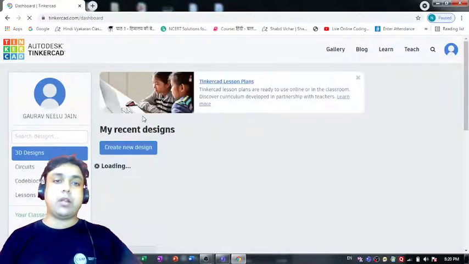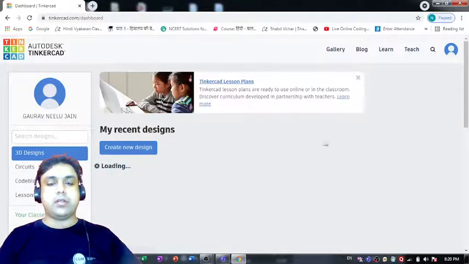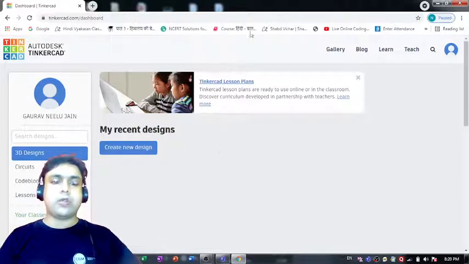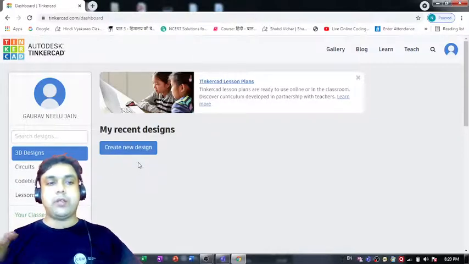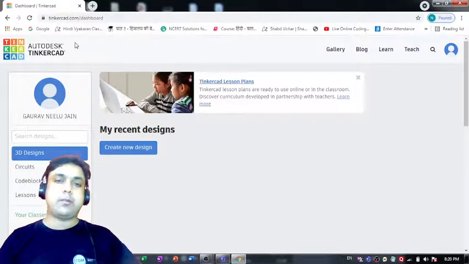If you are not logged in to your account on this platform, instead of redirecting you to the dashboard, it will redirect you to the main web page, from where you will have to get yourself redirected to this dashboard by using your Gmail account or whatever account you have used for creating your account on this platform.